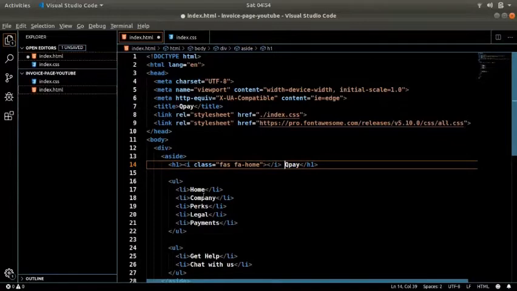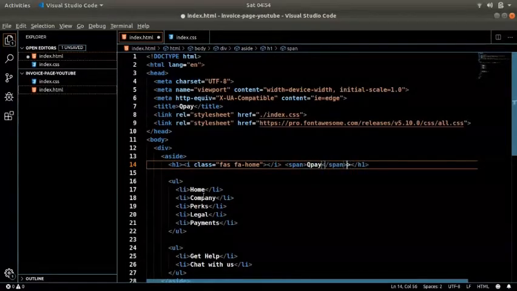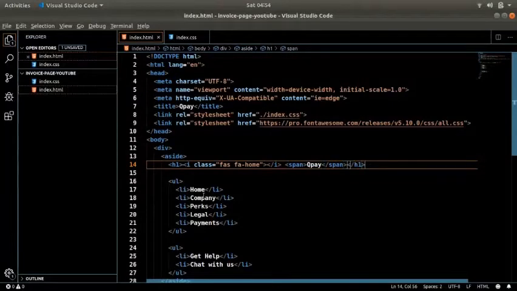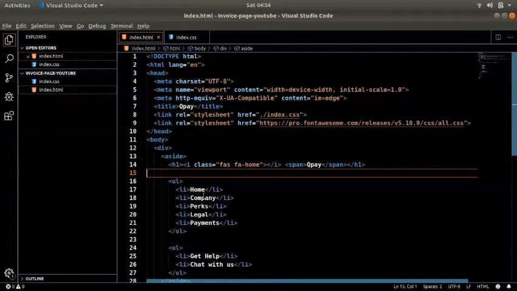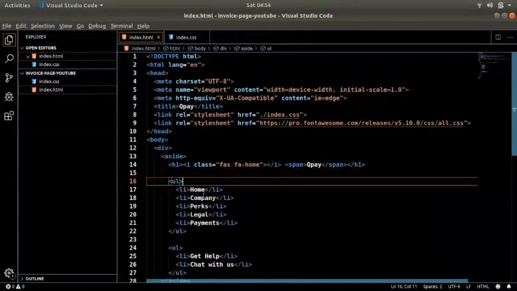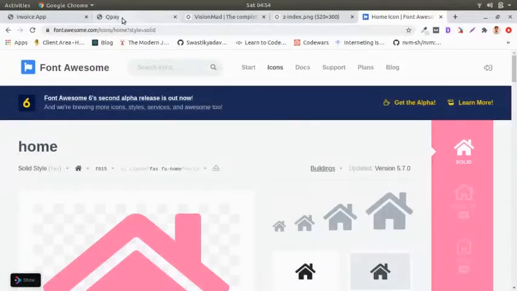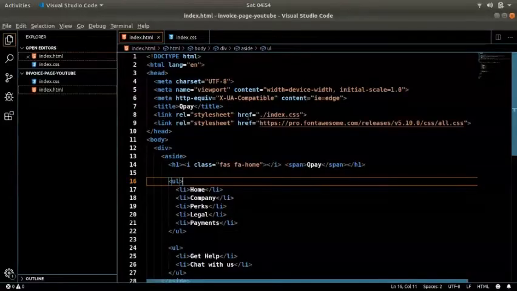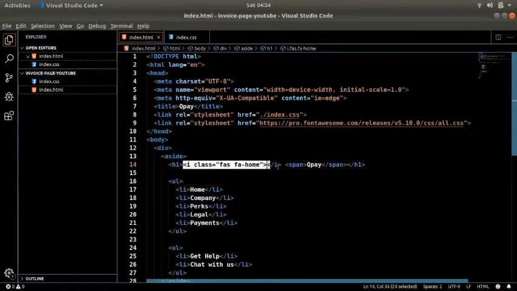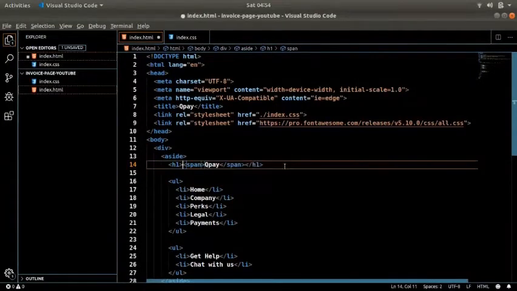There we go. And we'll put this into a span. And similar to div, this is just an inline element. It does not start on a new line. So there we go. We should have a home over here. Okay, it's on the paragraph. No, not there. We want it on the list, not on the paragraph.